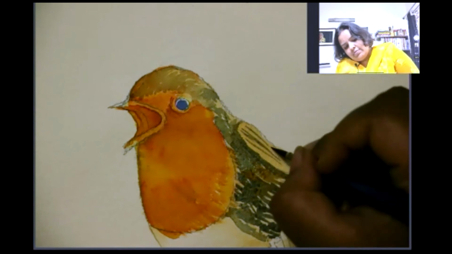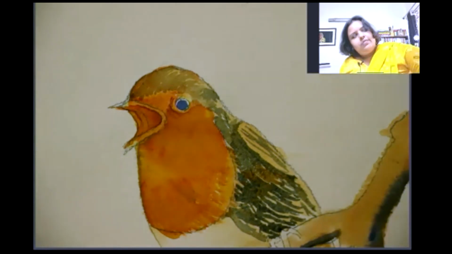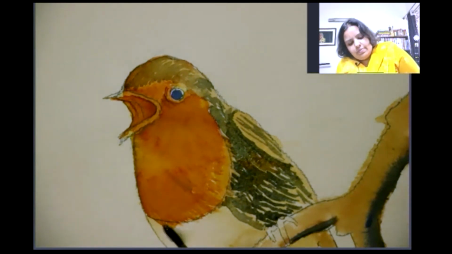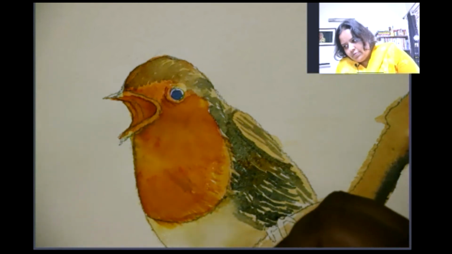And here there are some long feathers. I will again take some clean water and blend this area out. I will put some color here.